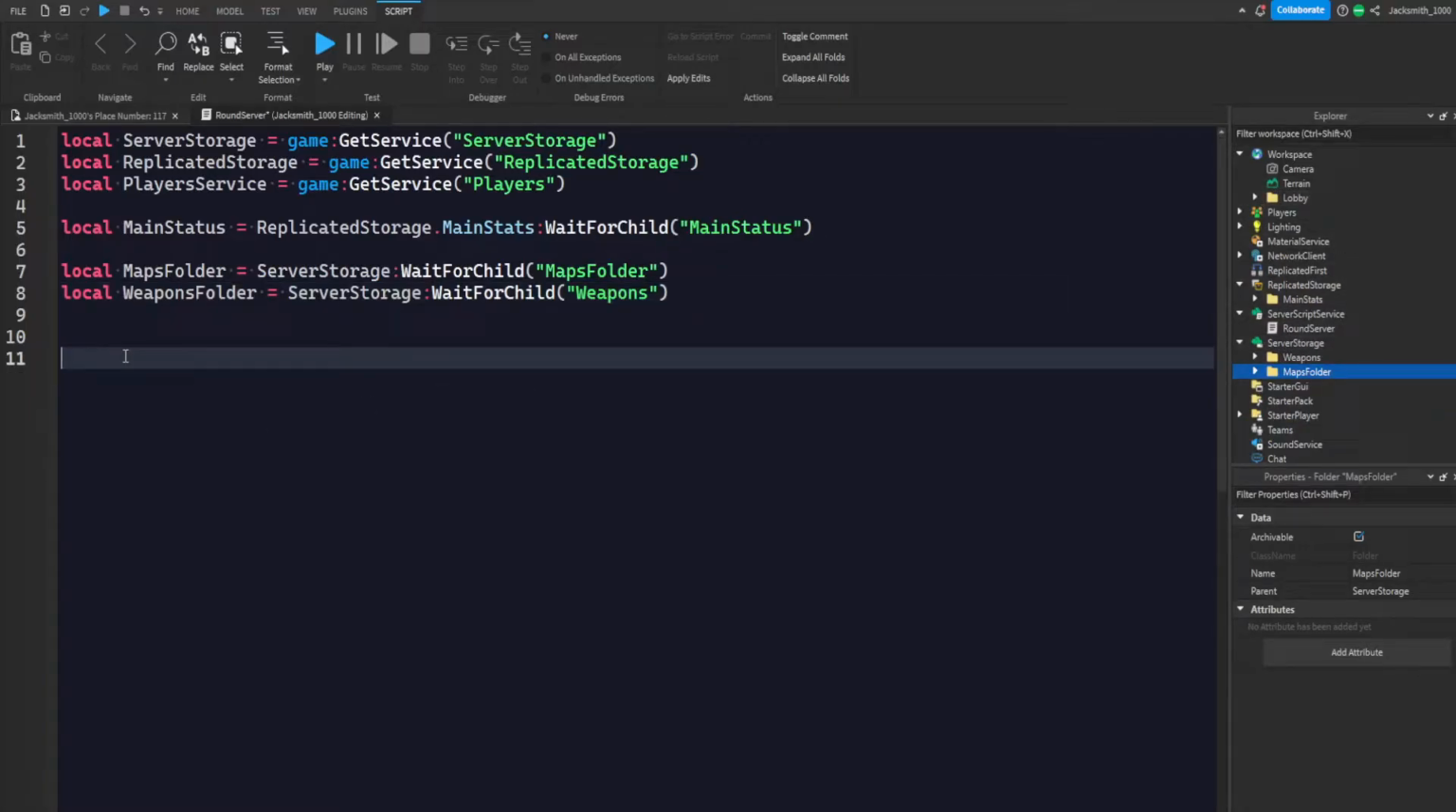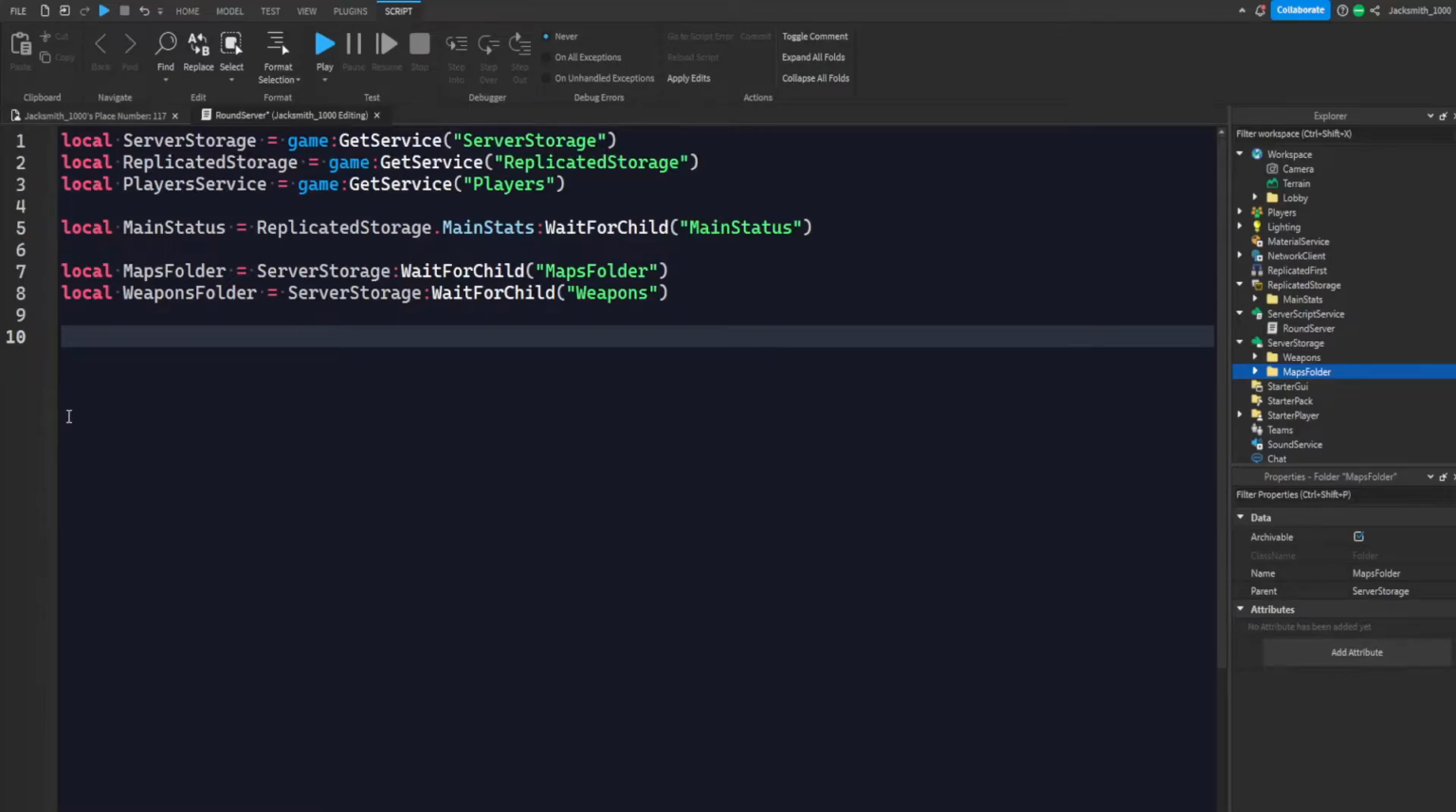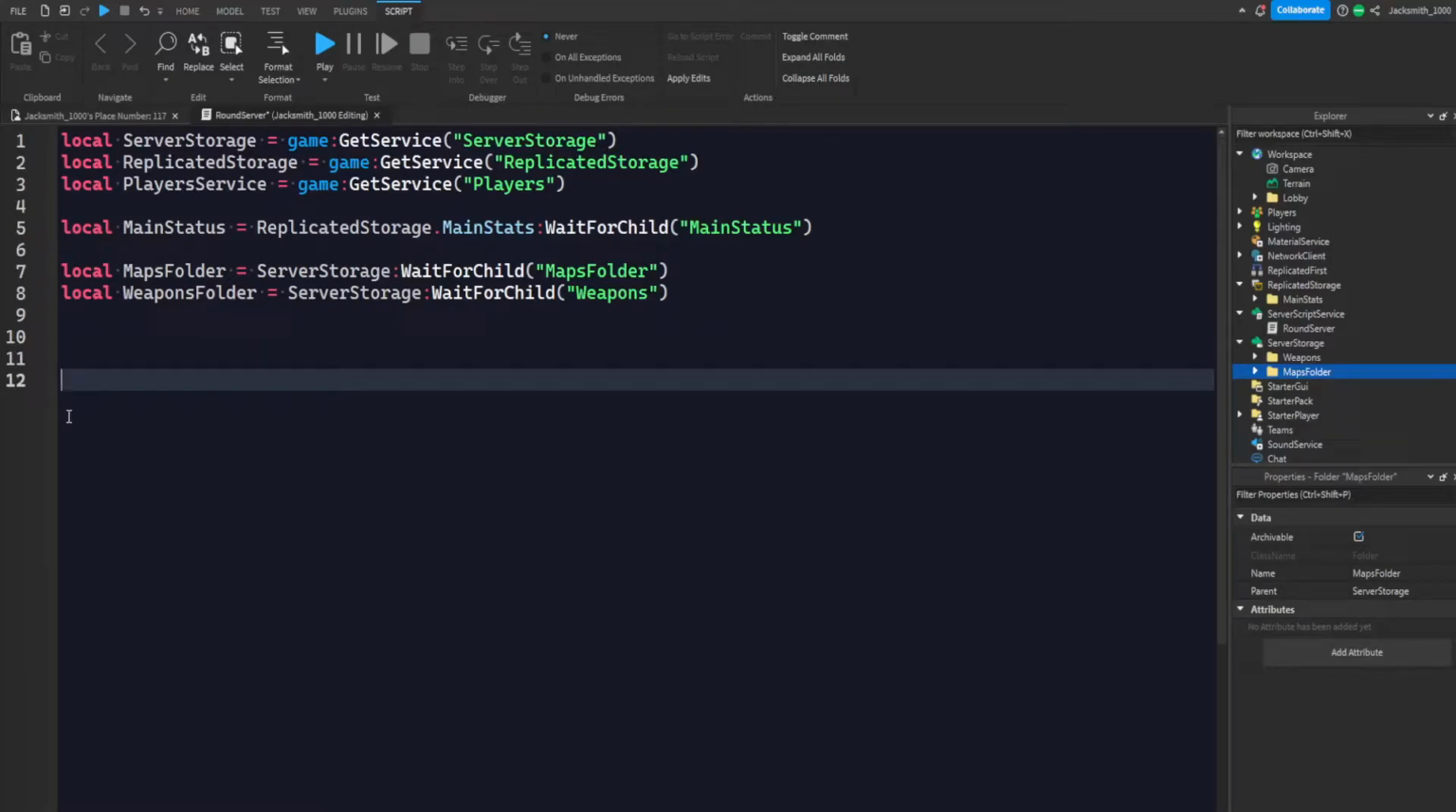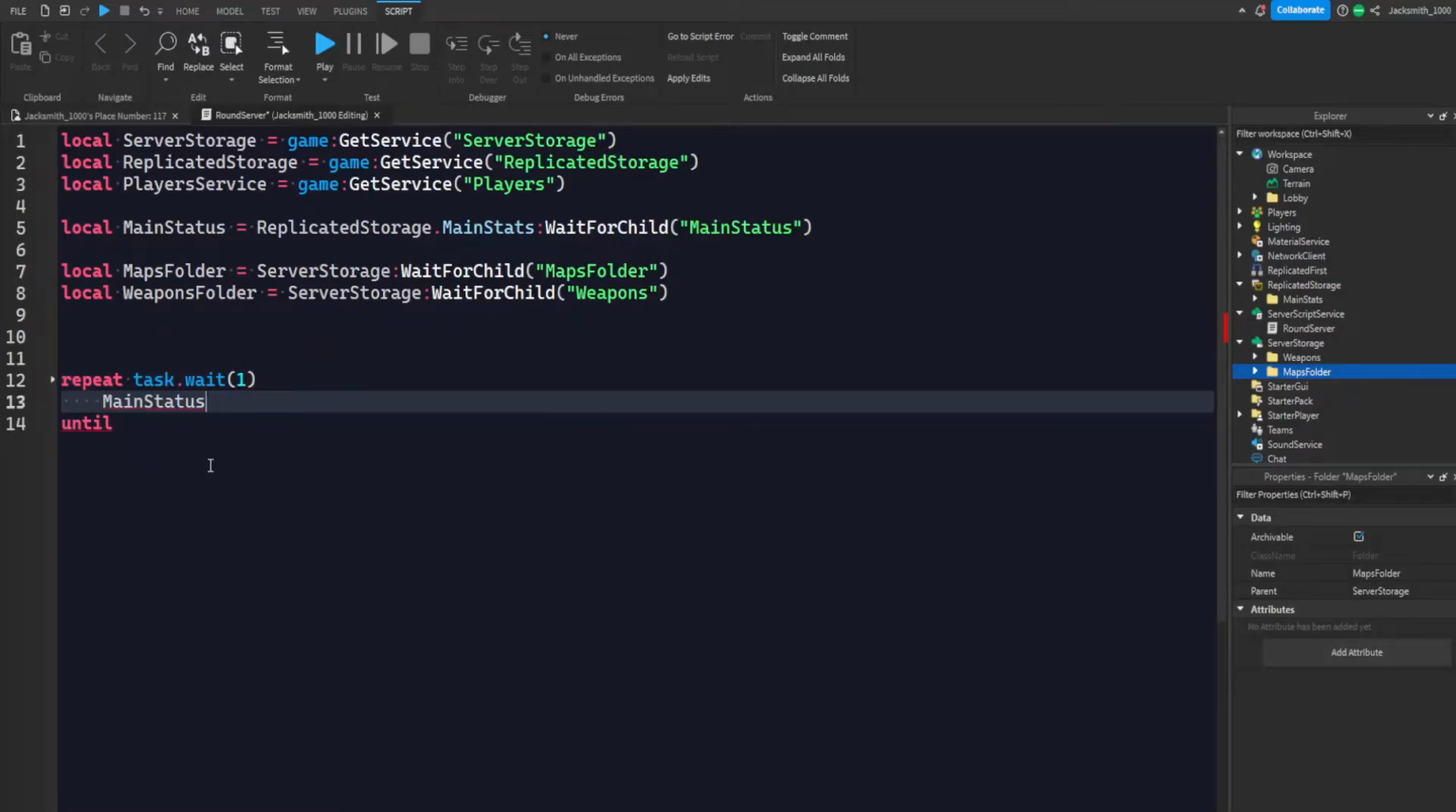But yeah, because this is a shooter round-based game, you get wins and coins from being the MVP or just from being the winner. So let's make it so the game doesn't run unless there are at least 2 or more players in the game. So let's do repeat, task.wait, and we'll just do 1. Do main status.Value equals "Waiting for more players"